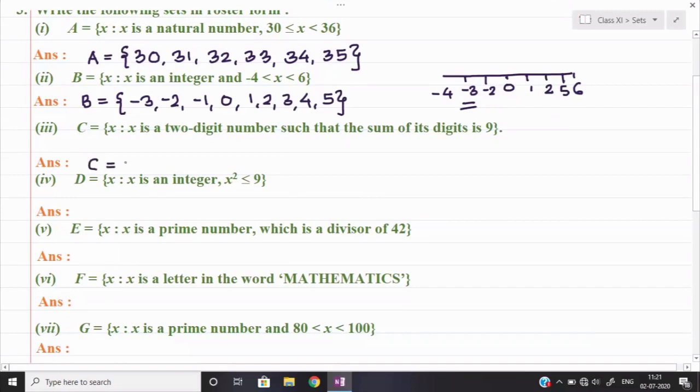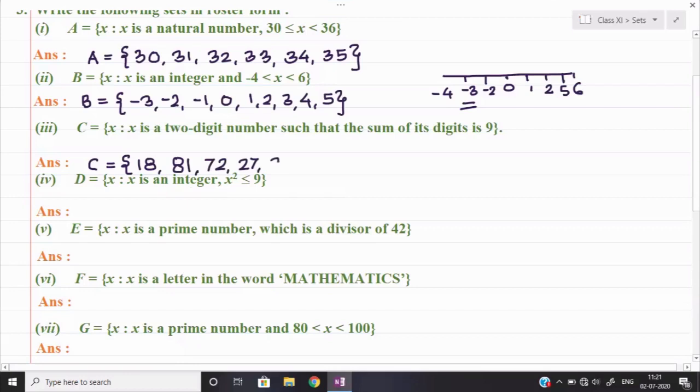So if I take the value of x equal to, first I have taken 18. Okay, tell me 1 and 8, if you add, 9 comes, right? I can write down 81 also, okay, because 18 and 81 are two different elements. Similarly, if I take 72 and then 27, this also has a sum equal to 9, okay.